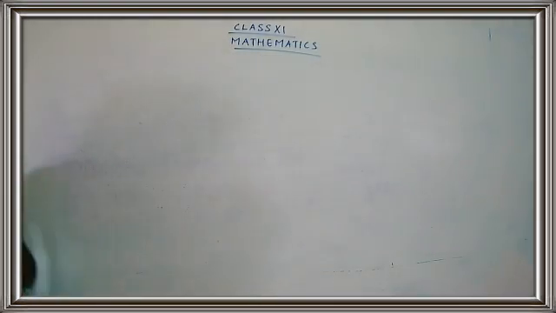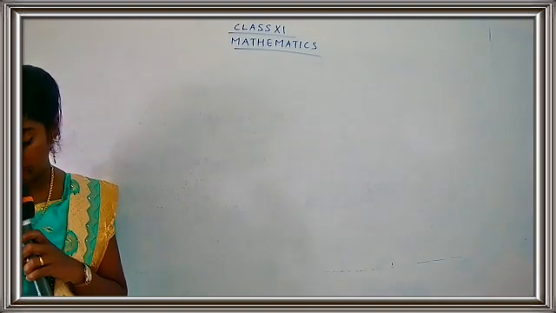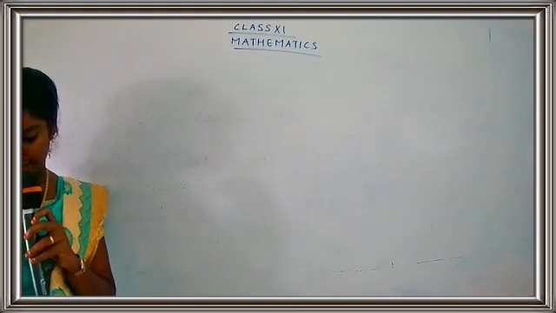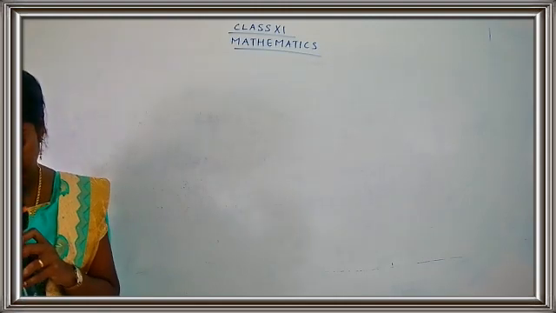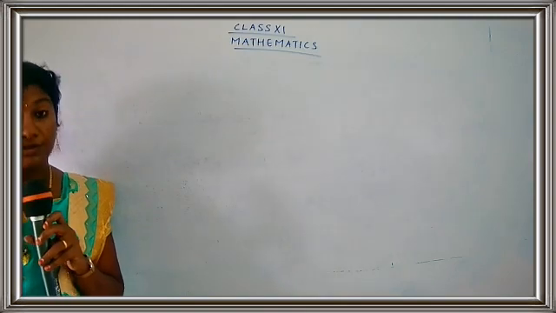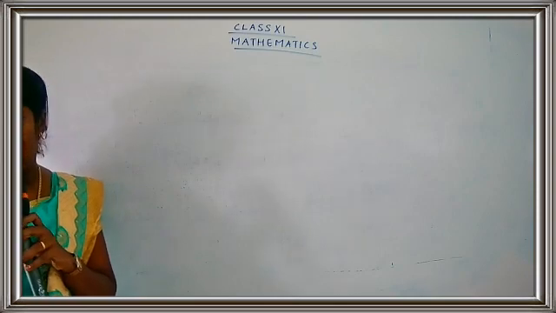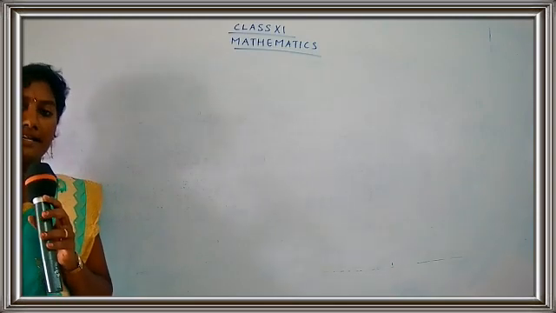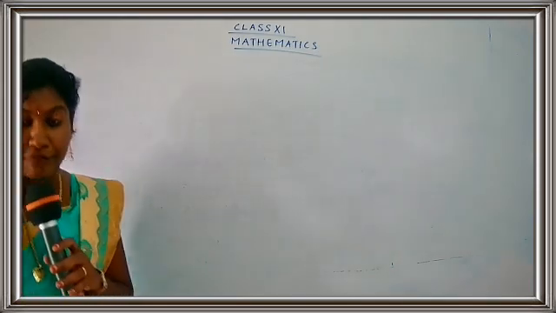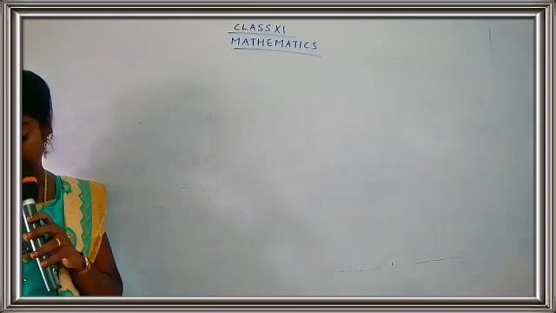Hello children, let's come back to our maths class. In the previous class, we dealt with the problems which were based on double angle identities and triple angle identities. Yes children, and we have completed our exercise 3.5 and today we are going to continue with the new exercise, that is 3.6. For going to our exercise 3.6 we need some more new identities, and first of all we are going to list out all the identities that will be used in our exercise 3.6.